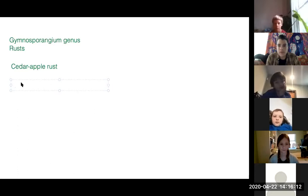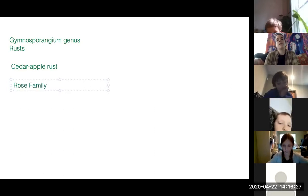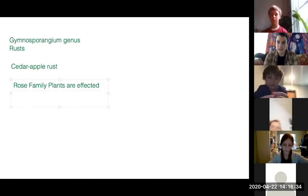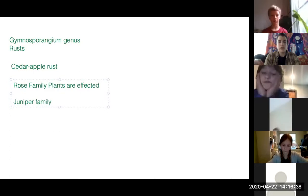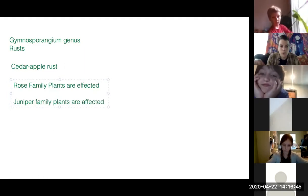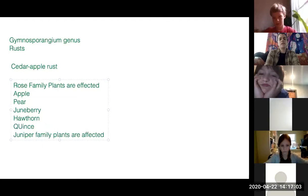All right, so I'm going to give you some other types of species. The apple is in the Rosaceae family, or the rose family. So rose family plants are affected. And then there's another family that is generally referred to as the juniper family. The juniper family are the evergreens, the pine trees, and a lot of people call them cedars. And inside the rose family is apple, pear, juneberry, hawthorn, quince, and